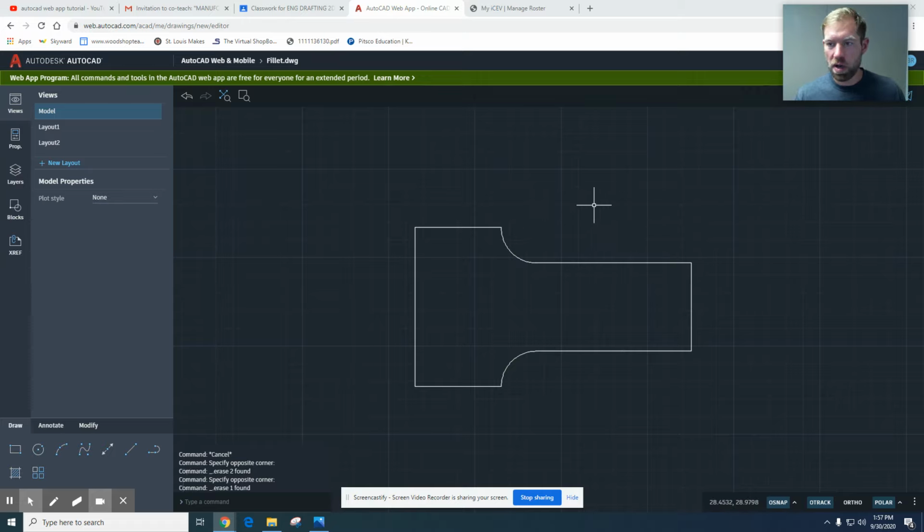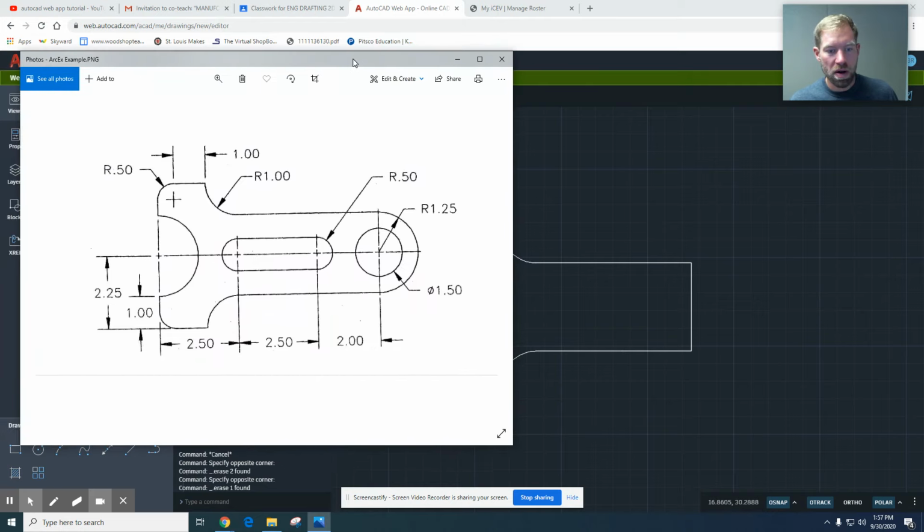We are going to continue our conversation in our tutorial on fillet command, trim command, and also locating some circles in this second part of our exercise this week. So here we go. To continue the fillet command, we look at our example and we notice that there are,